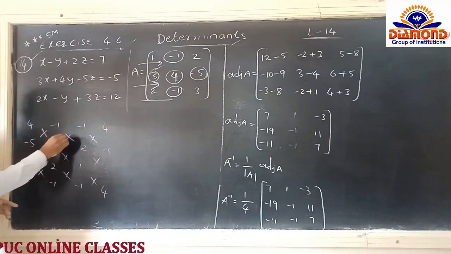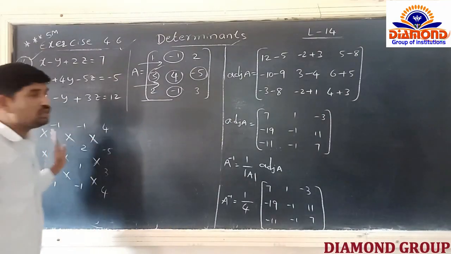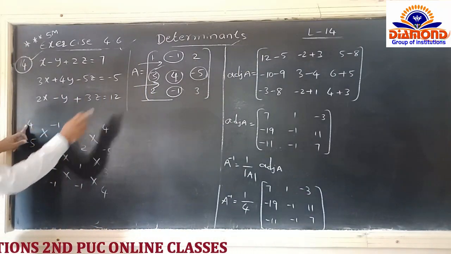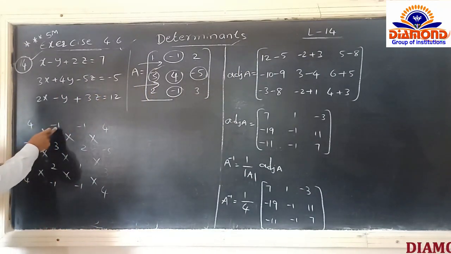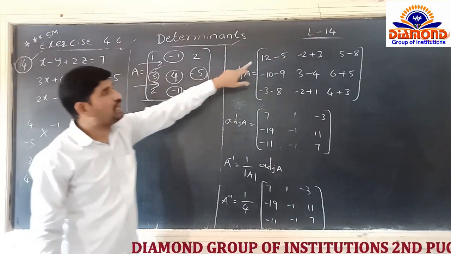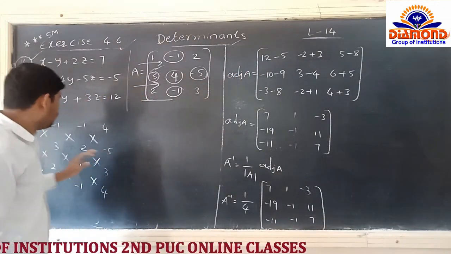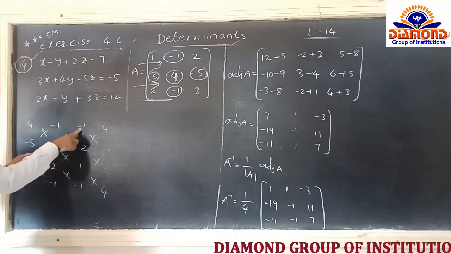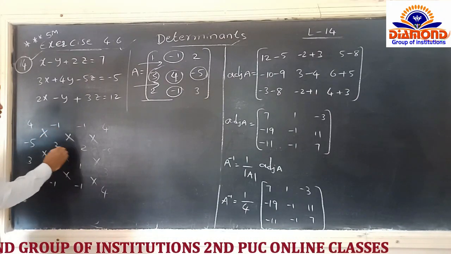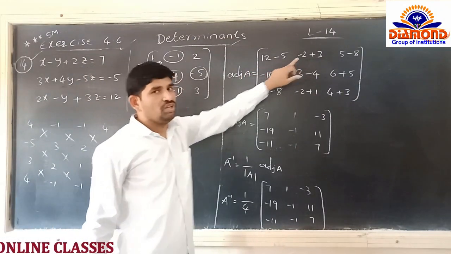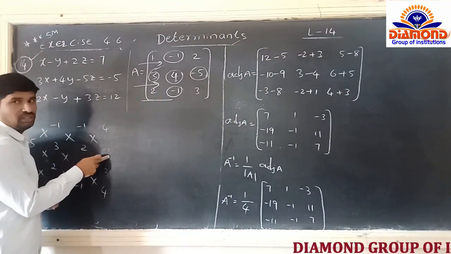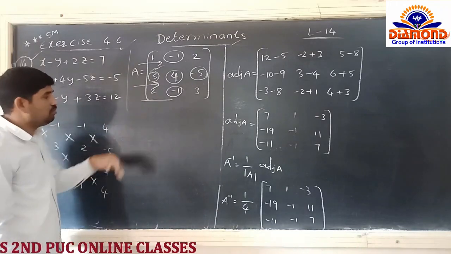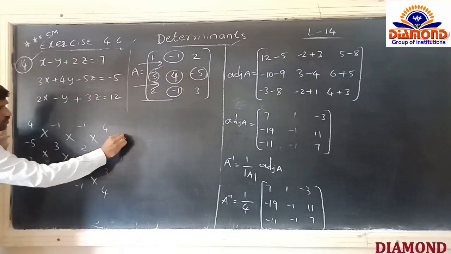Just we are making the cross multiplication for this. Yes. So the cross multiplication of this one, you will get the adjoint of a matrix. Yes or no? So see, 4 into 3 is 12 minus, there is a minus into minus, plus 5 into 1 is 5. So we are writing here 12 minus 5. After writing this, see, minus into plus is minus 2. Again in between we can write minus, but there is a minus into minus, plus. So minus 2, we can write plus 3 here. After this, here minus into minus plus, 1 into 5 is 5. Next one between minus 2 into 4 is 8. Completed now? So this is the first row we have completed.